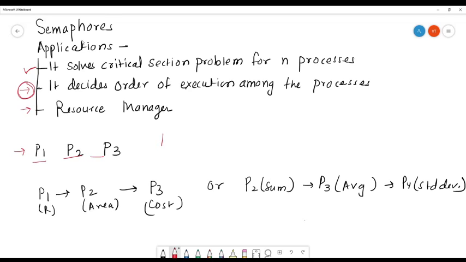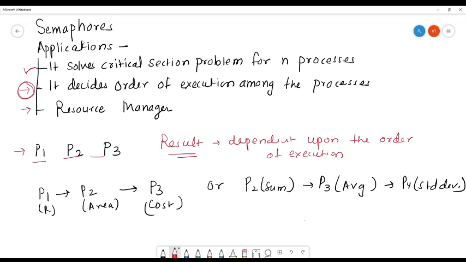Then the end result may be dependent upon the order of execution.